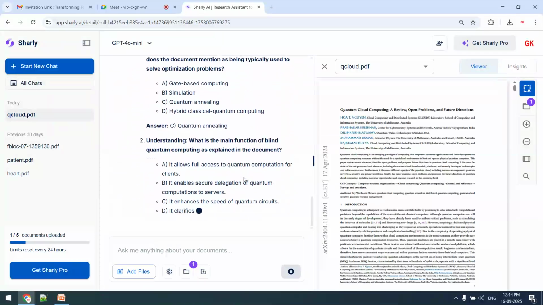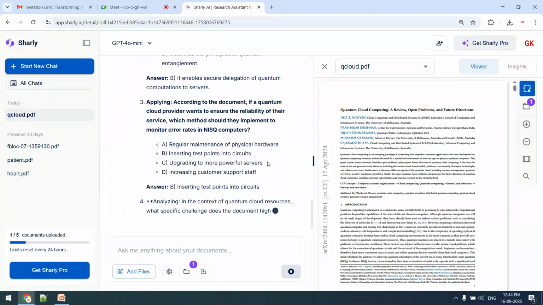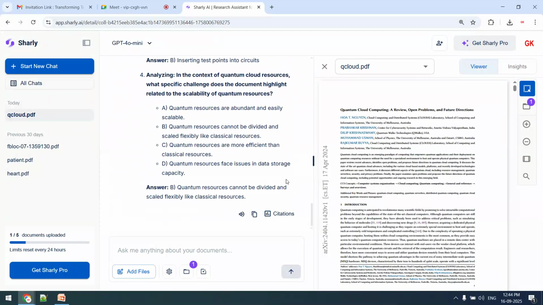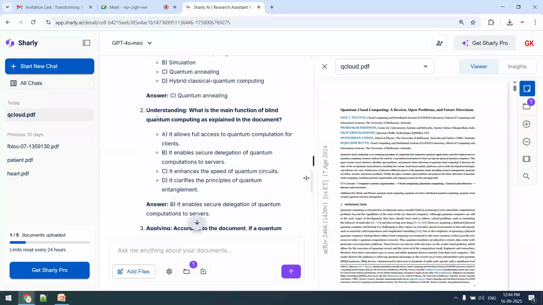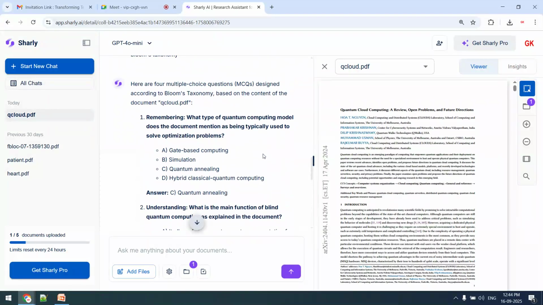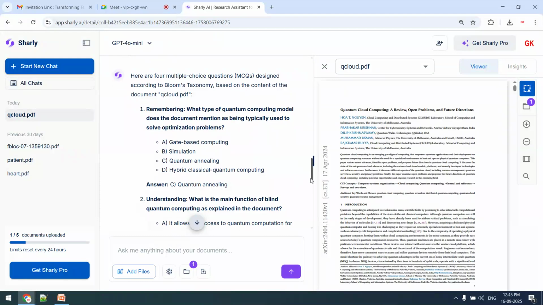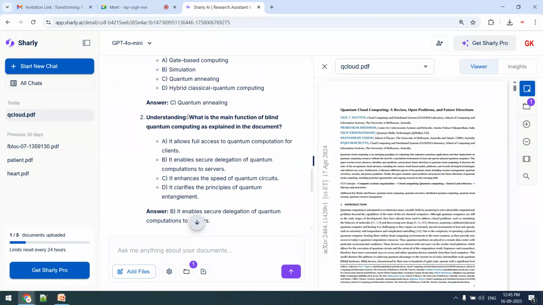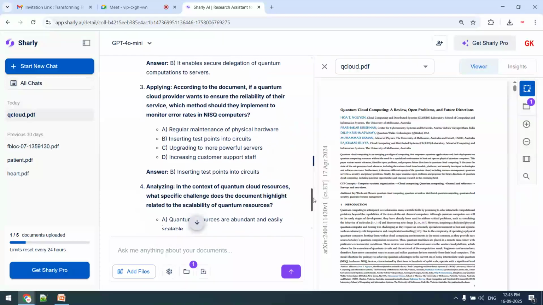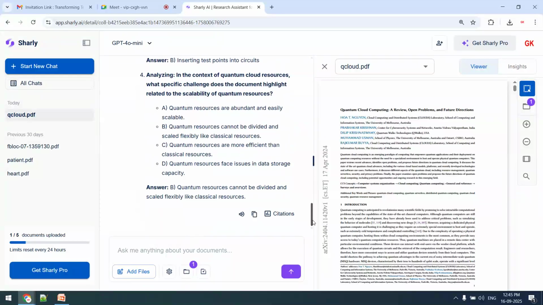You can see remembering based questions, understanding based questions, analysis and analyzing. As a teacher you might know Bloom's taxonomy better than me. According to Bloom's taxonomy we want to create a question paper or a number of questions. This question is related to remembering, like the cramming part. This question is related to understanding of the concept. The third question is related to applying. Not only MCQs,